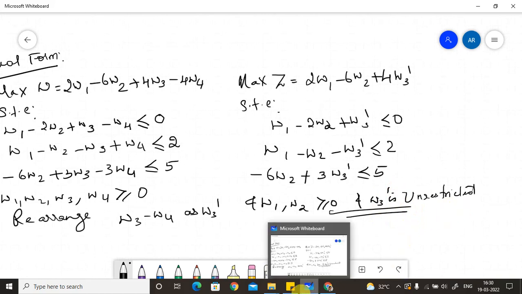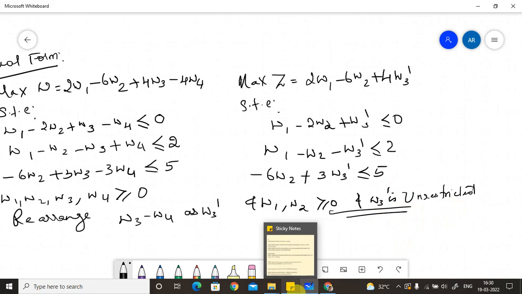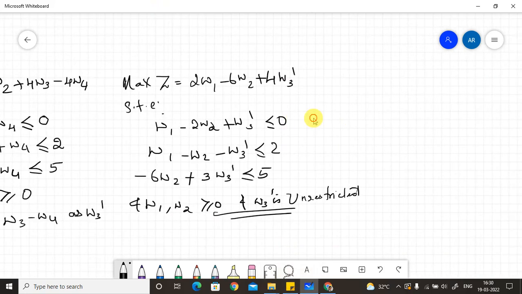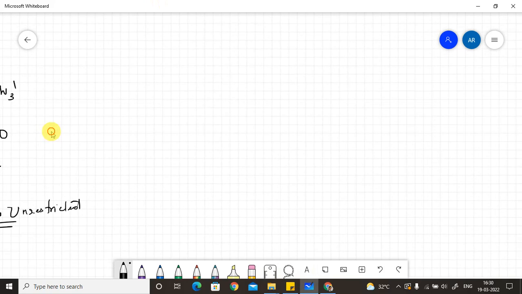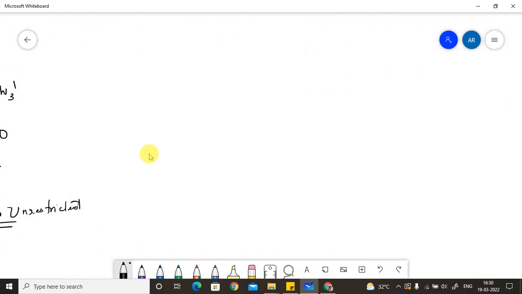So similarly we can consider some other problems also. I will solve one more problem on maximization. So let us take down the problem here. This is another kind of problem. The problem is max z equals